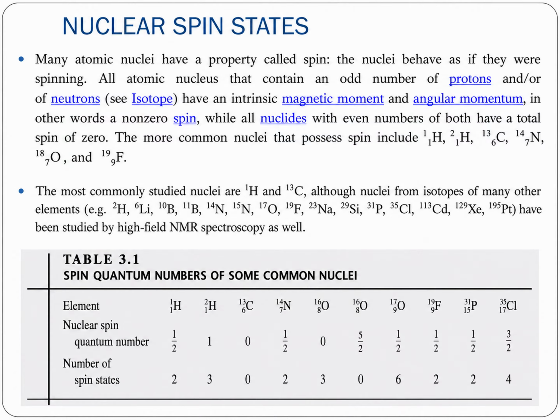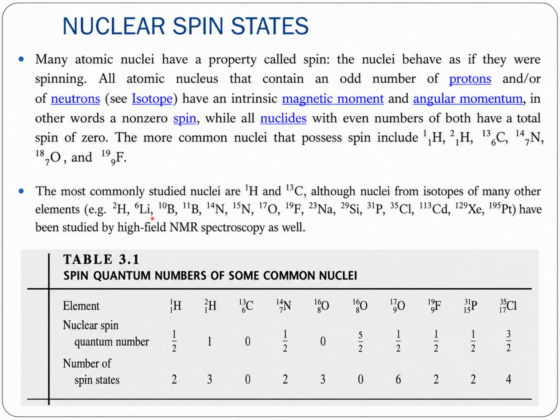First of all, nuclear spin states. Many atomic nuclei have a property called spin. The nuclei behave as if they were spinning. All atomic nuclei that contain an odd number of protons and neutrons have an intrinsic magnetic moment and angular momentum, in other words, a non-zero spin, while all nuclides with an even number of both have a total spin of 0. The more common nuclei that possess spin include